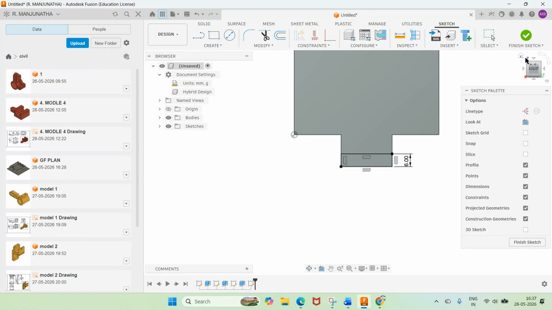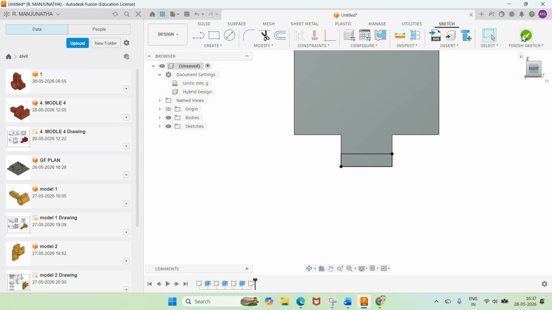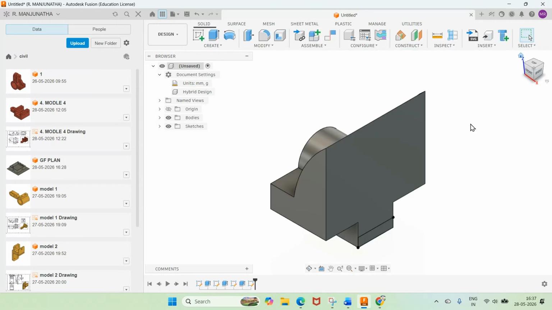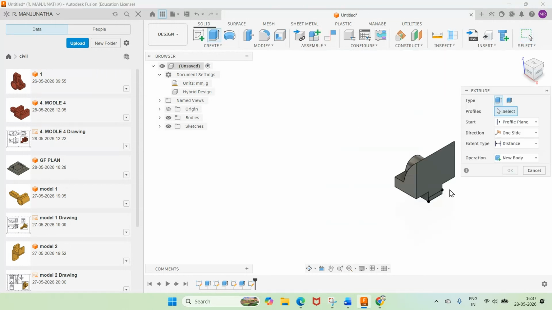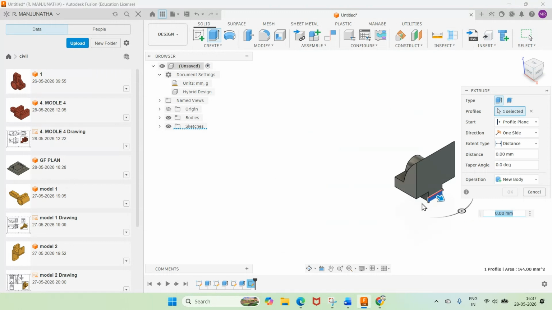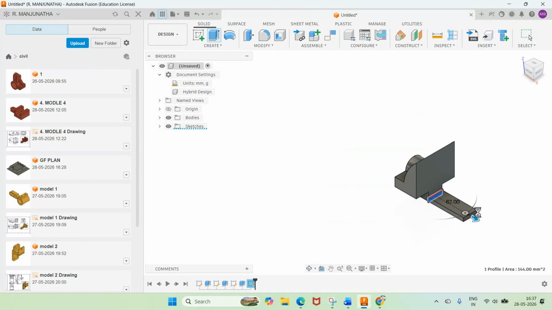Okay, then go for finish sketch and you just extrude. So from here, you give the dimension as 62. 38 is already there. 62. Then you click on join. Once you do that, now we have this entire portion. Now I want to go for